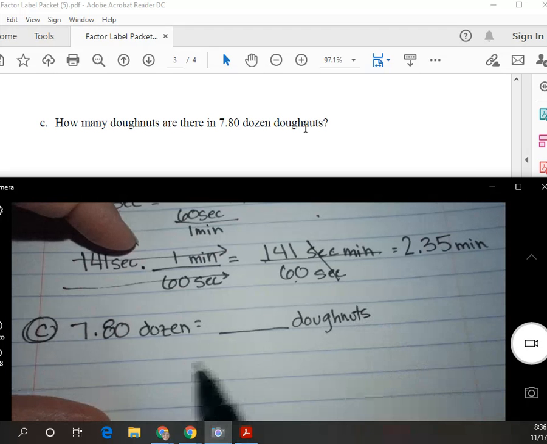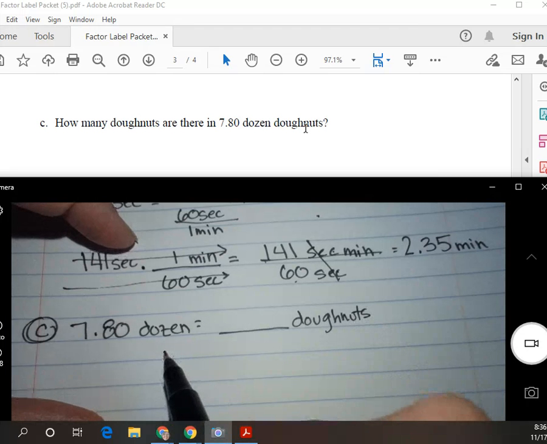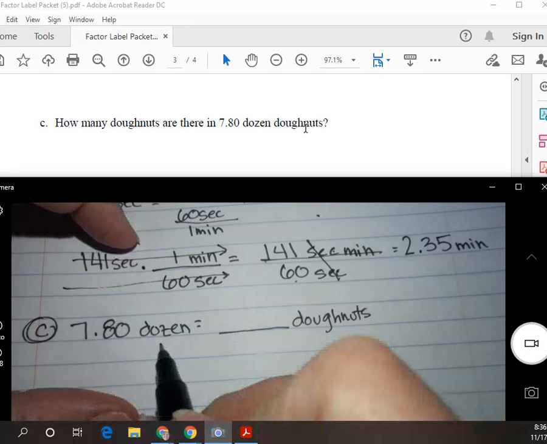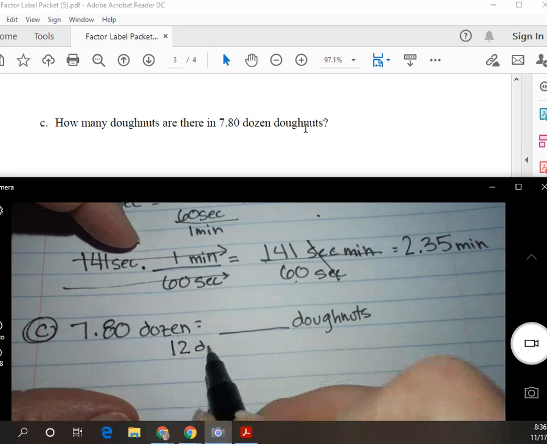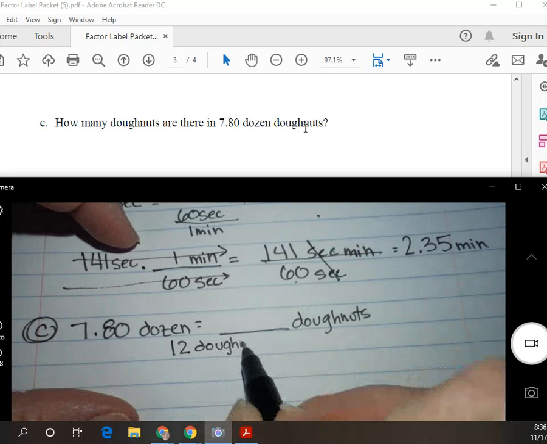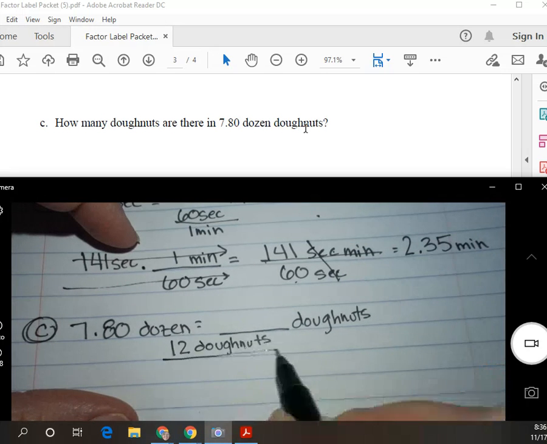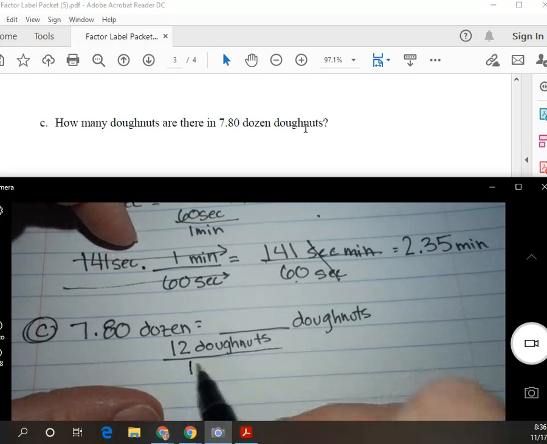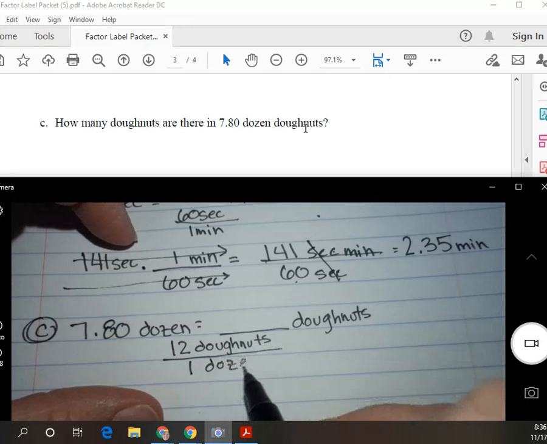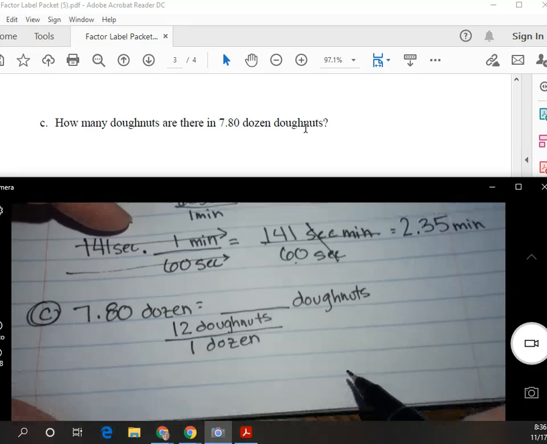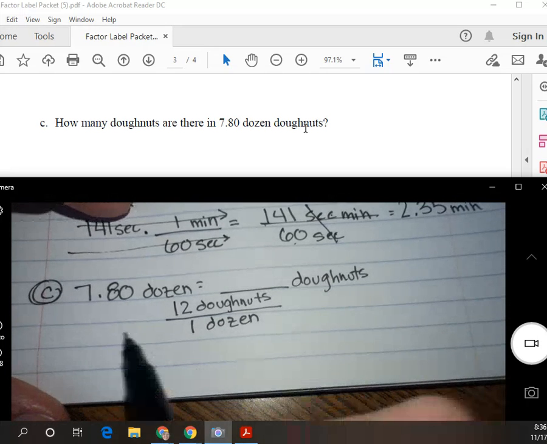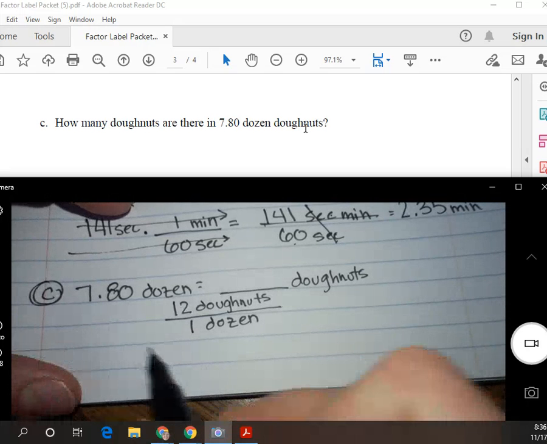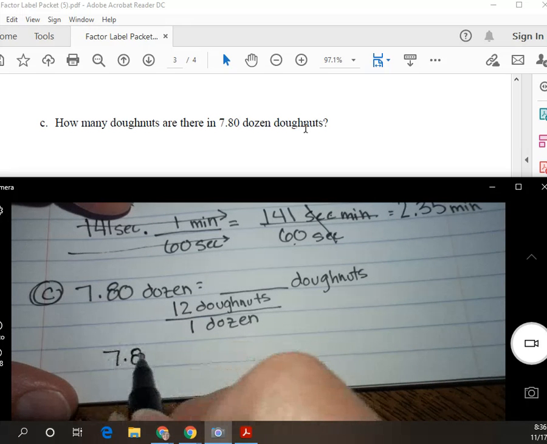So what conversion factor am I going to use? How many are in a dozen? How many donuts are in 1 dozen? 12. So 12 donuts. Notice donuts becomes my unit in this, is 1 dozen. Or 12 donuts per 1 dozen. So the same process. 7.80 dozen